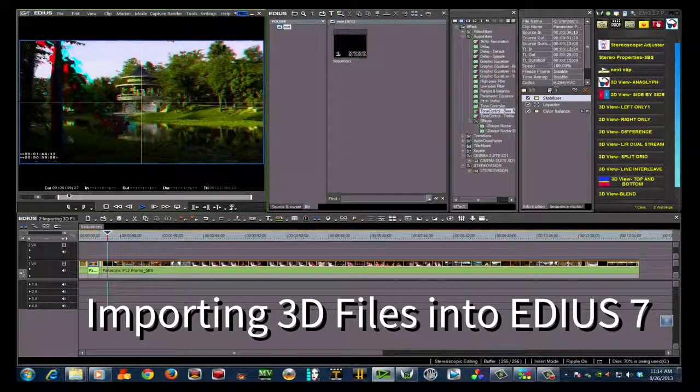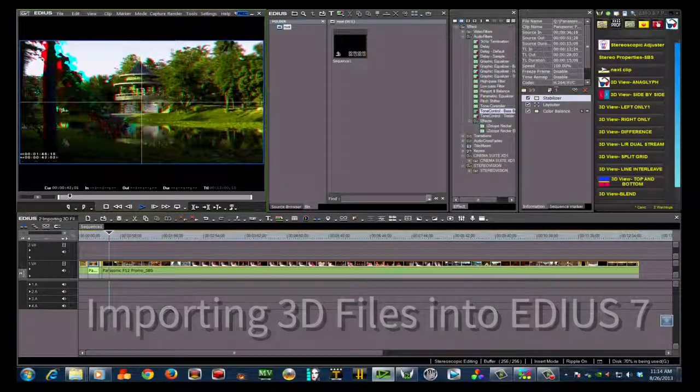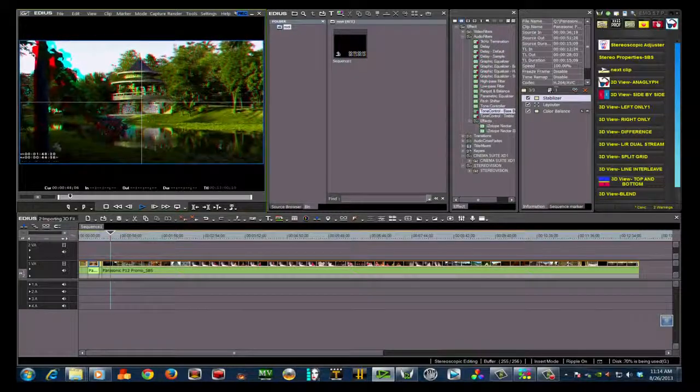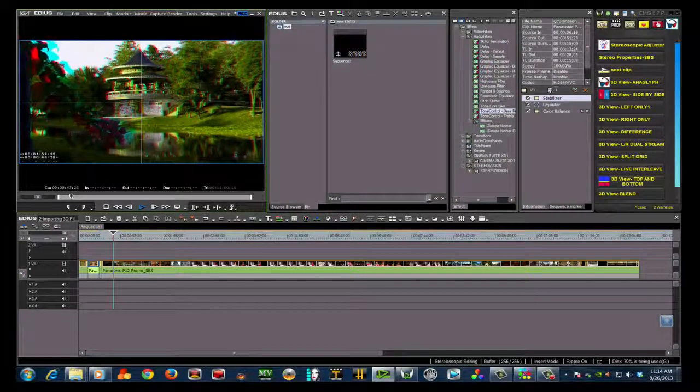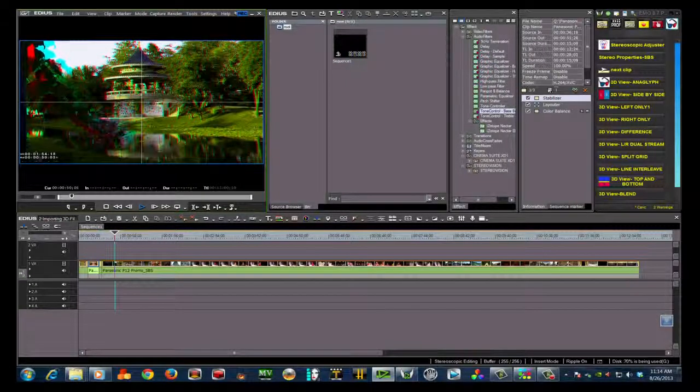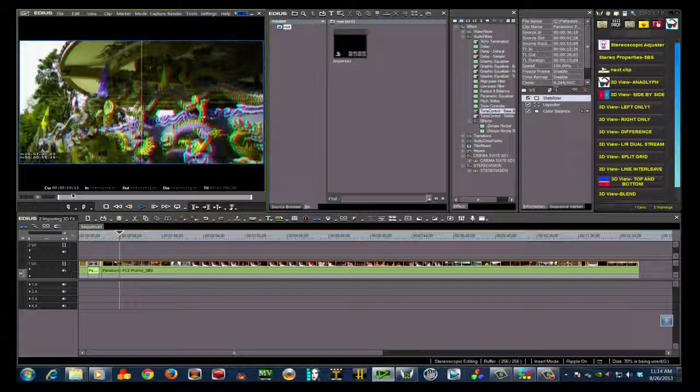Flexibility and versatility. These are two words that I use quite often in describing EDIUS 7. With the new 64-bit power, EDIUS 7 is the best 3D editor on the planet. Today, I'm going to show you the different ways to import and set up your 3D media files into EDIUS